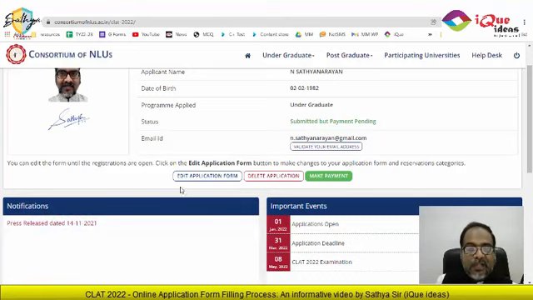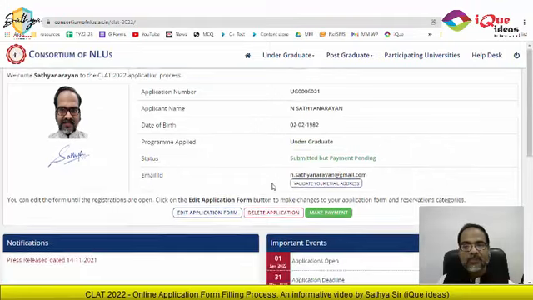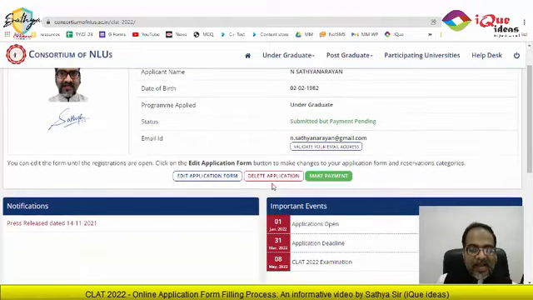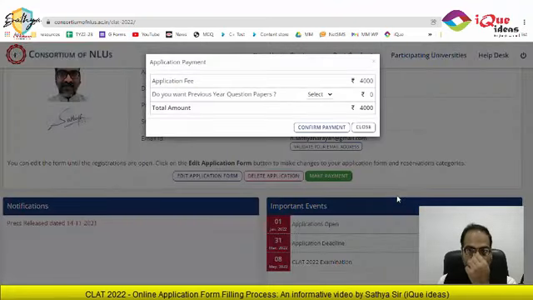At this point, it gives me the option of edit or delete the application. So in case I want to change any information at this point of time, I have an opportunity to edit. So in case you are not sure of whether you have filled in all the details correctly, please click on the edit application form and make the necessary changes. Once you click on make payment and complete the process, you will not be allowed to make any changes. Once you are very sure that the application form has been correctly filled, click on the make payment button.